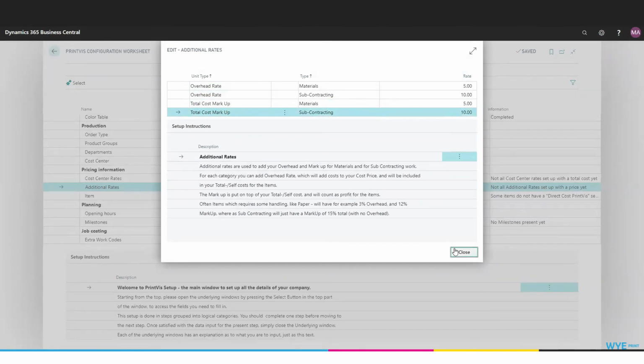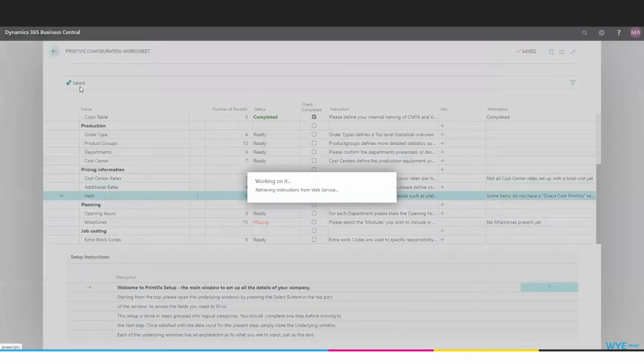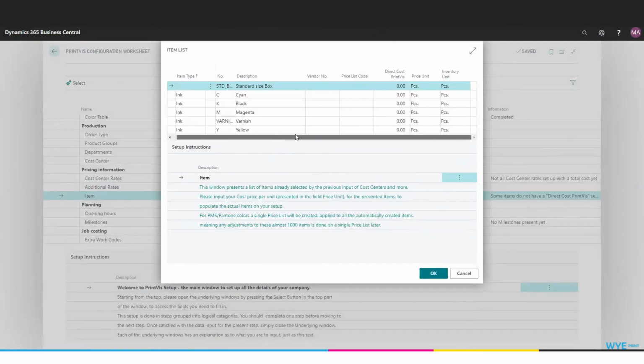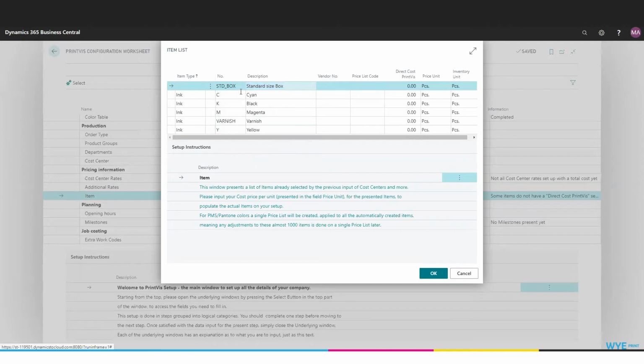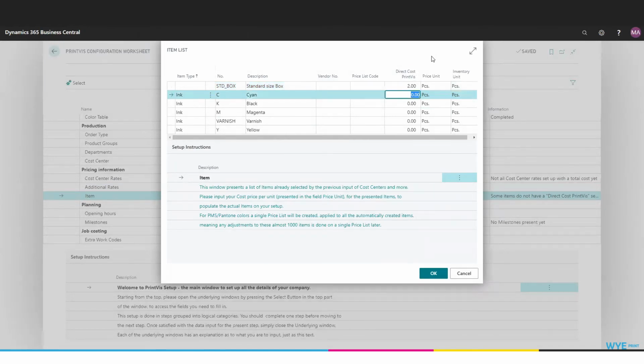And we can hit close. Under the items, we're able to add some information for the basic items that are set up in our system. At a minimum, the system is set up with standard boxes, 4 inks for our process colors, and a varnish that were specified. At this point, we can go in and specify a direct cost per item,